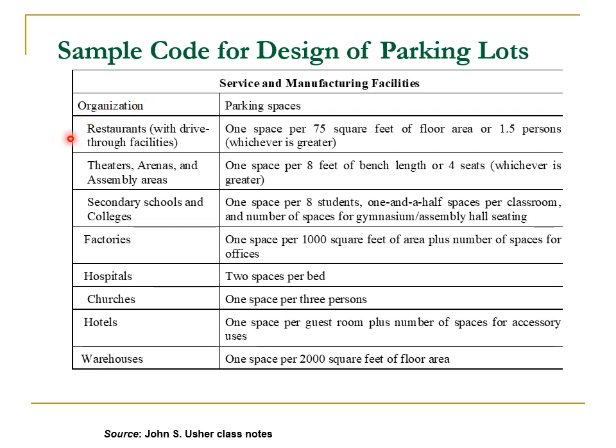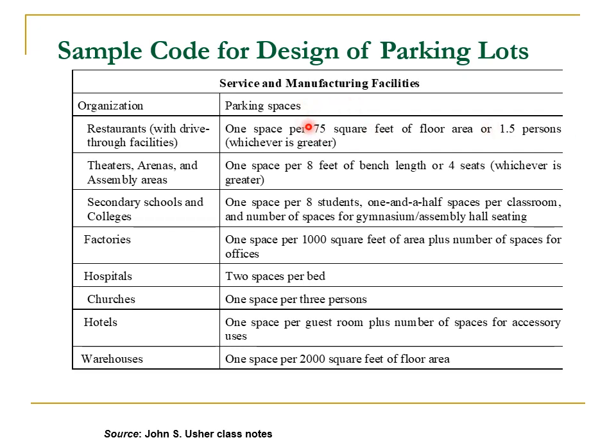For example, if we are considering a restaurant with a drive-through facility, it says that you should allocate one parking space per 75 square feet of floor area, or 1.5 person. For each 1.5 person, you need to allocate a space, and you should select whichever of these two alternatives is